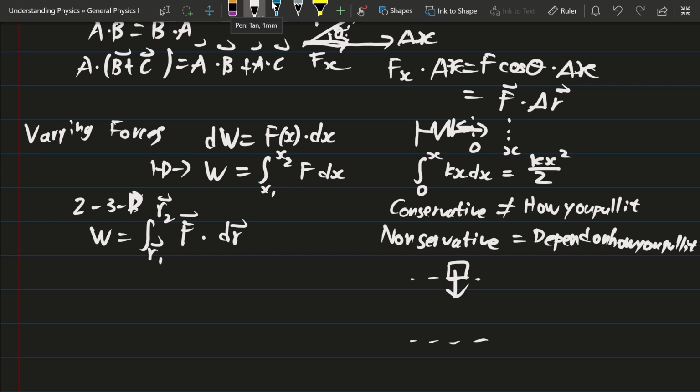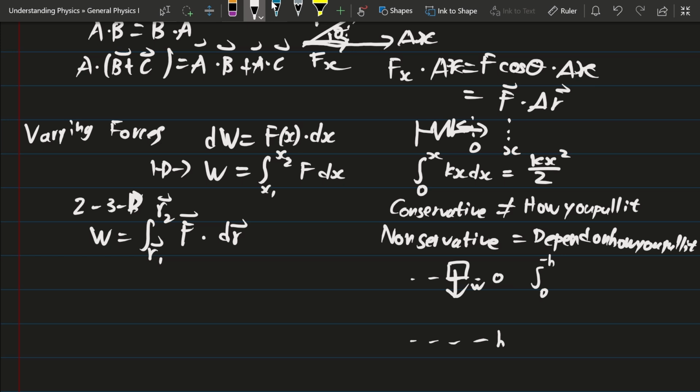So in here, we will figure out that the weight moves from 0 towards a certain distance h. It is in the correct direction. So you want to move it from point 0 towards a certain point, let's say h. So the work done by the weight will be from 0 towards h, which is